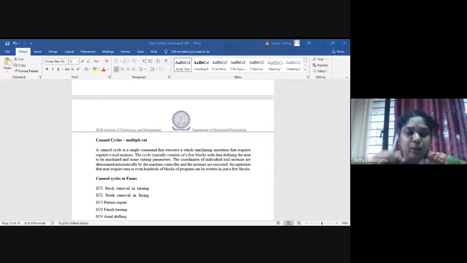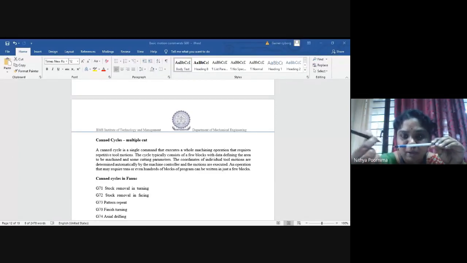Boys, assume that I'm doing a turning operation along this specimen. Okay, I'm doing a taper turning, a turning operation along this specimen, right? If I don't use a can cycle, what will I have to do is, first I have to call the tool and give the feed. I will give, assume, about 2.2 mm as a feed rate. After I've given the feed rate, from here to here it will do the feeding, it will do the turning operation. Now after it stops here, again I'm going to call it back.